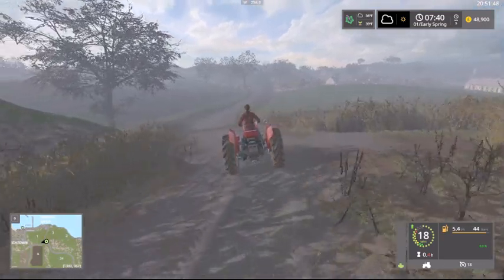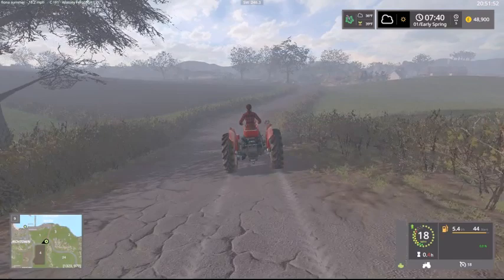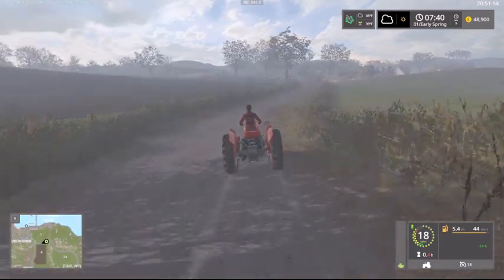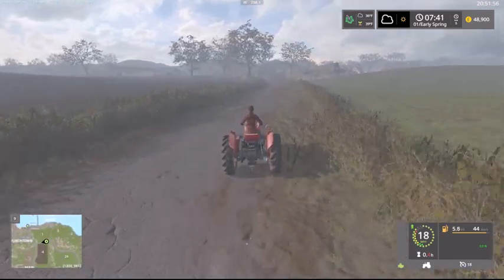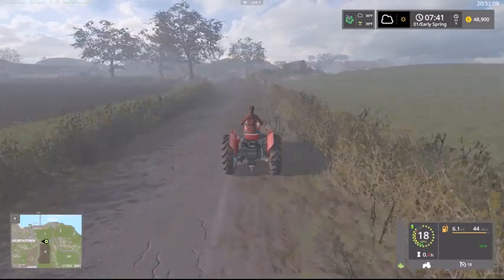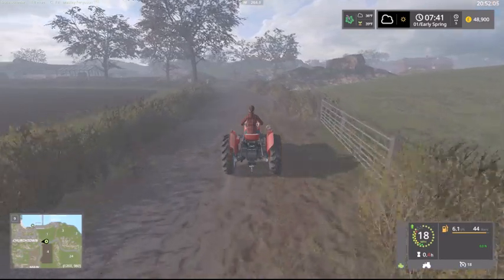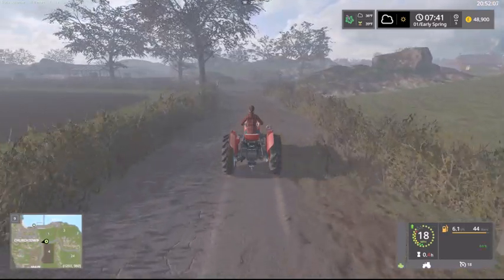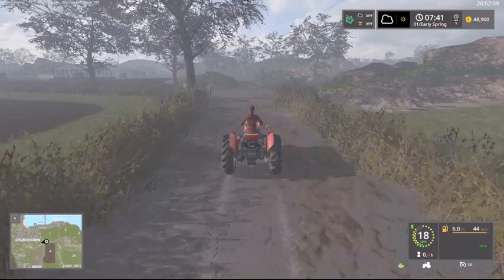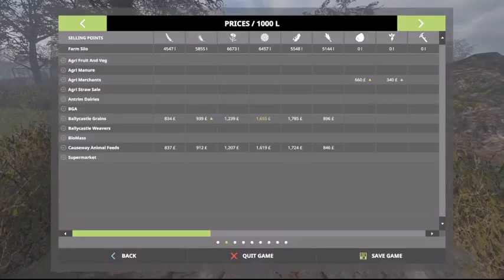It's a bit of an overgrown area as well, this map. We're getting down to the ferry now, we're getting close to it. And we shall do what we can to get back over, find out where the field sale prices are. In fact, I've got an easier way of doing this. Skip the ferry,